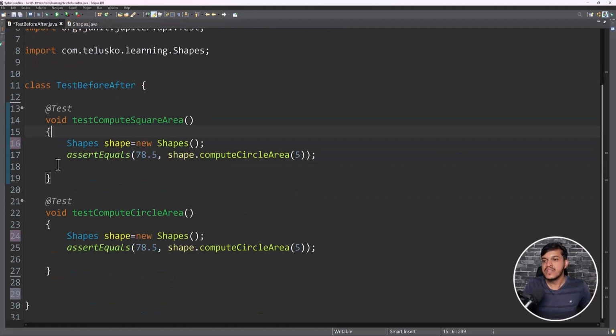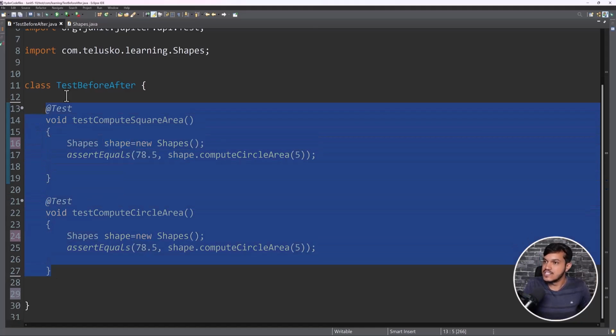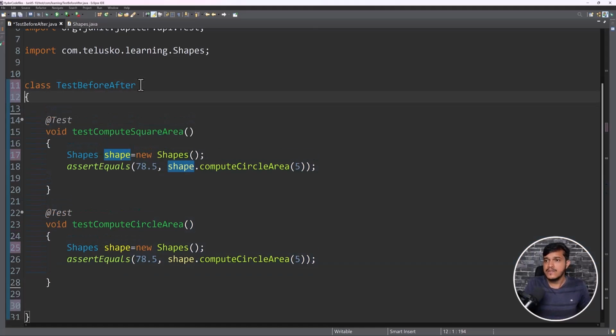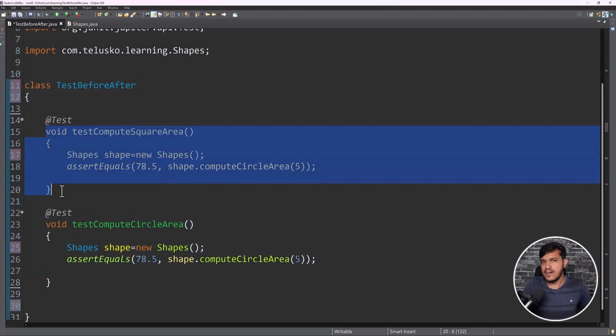Now you can see I have written one test case here, and to invoke this method, first I have to create the instance of the class under test, because that is a non-static method which I am going to test here. Same thing goes here. So basically I have written 2 test cases. Fine. Now what happens here is, in order to invoke this method, of course, whichever method is annotated with test,